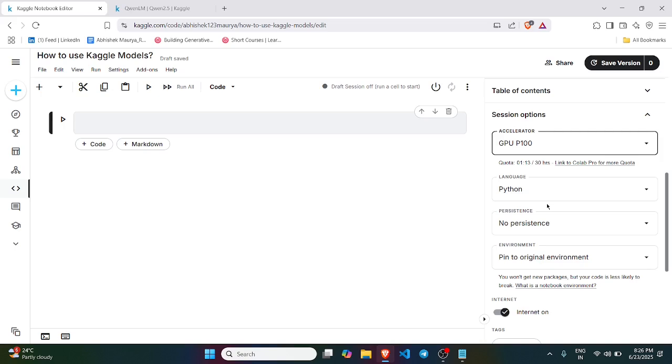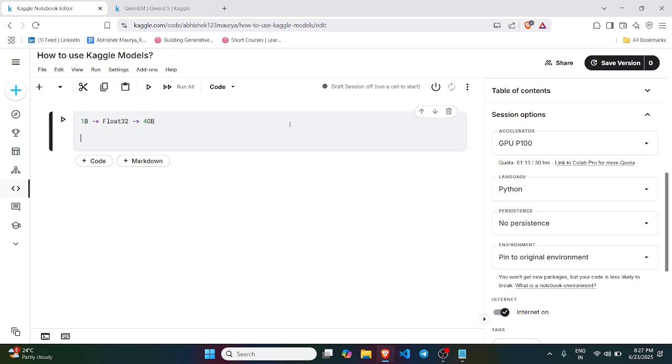Basically, remember this: a 1 billion parameter model in float 32-bit precision takes around 4 GB of GPU memory. So how did I come to this calculation? You can also calculate it. A float 32 is 32 bits, and 1 billion is 10 to the power 9. So if these are this many bits, a 1 billion model will have